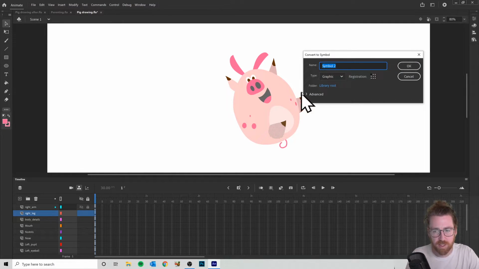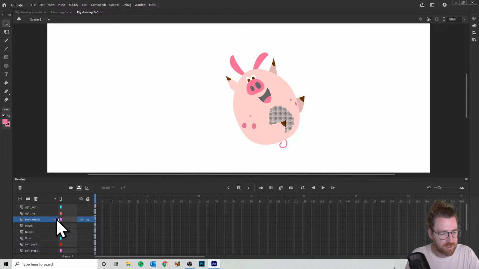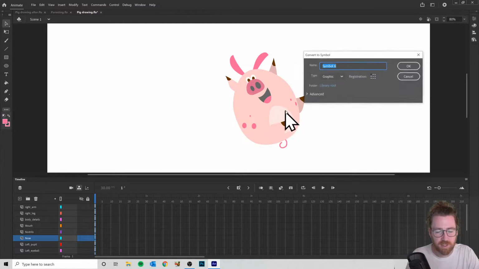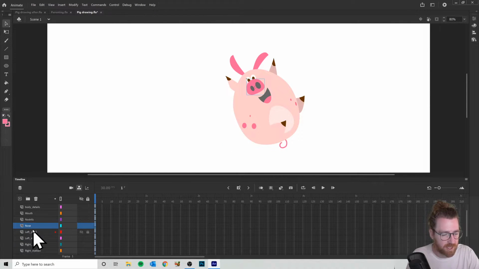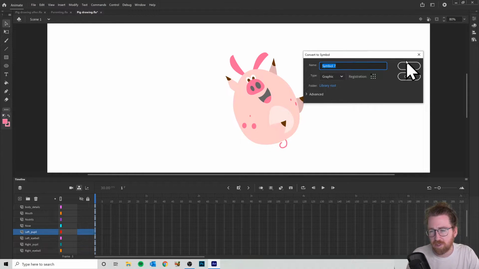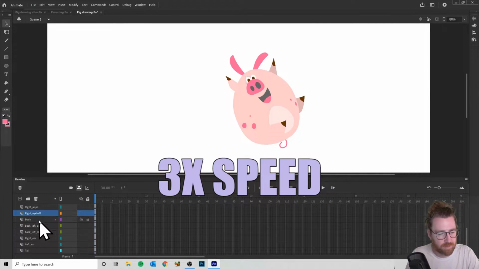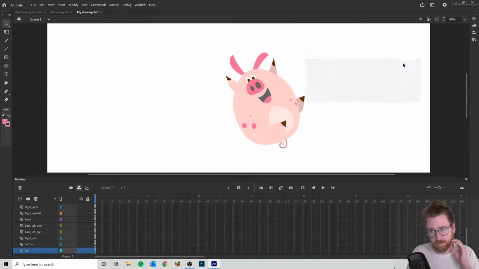So F8, OK. I'm just going to go through my list and convert all of these to symbols. So I'm left clicking on a layer, hitting F8 and hitting OK. This should default to graphic if you've done it once. The next thing we need to do is go to the top of our list again and go to